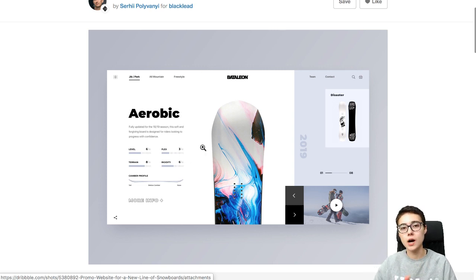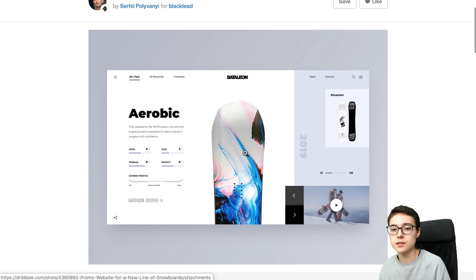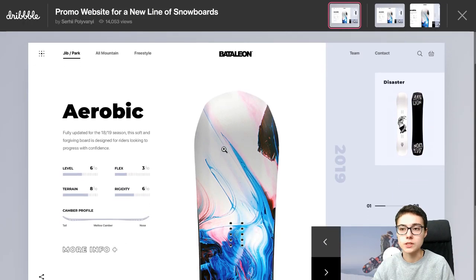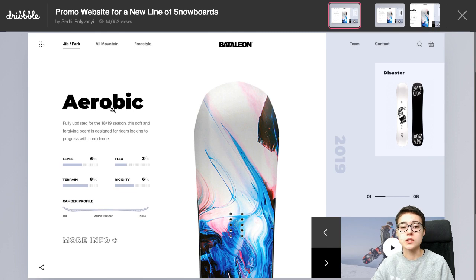because we still have hierarchy in here. It's not like a ton of stuff thrown together, smashed together, and just here we go, asymmetrical layout, cool design solution. It's not. We still have visual hierarchy in here. We have the main element that draws our attention to itself immediately, straight away. Where we look is this particular section, and as a designer, as a developer, website creator, you have to make sure that you create this visual hierarchy,